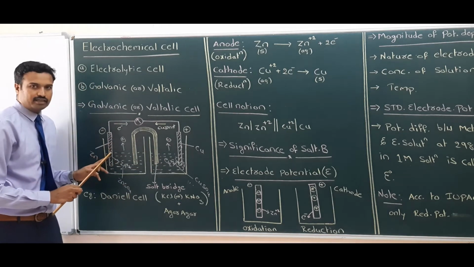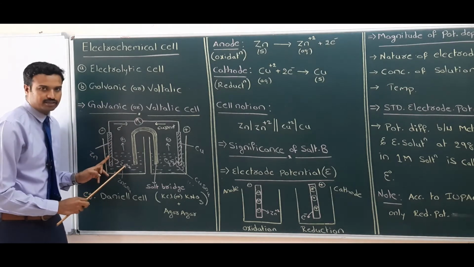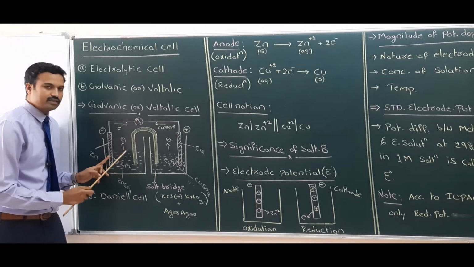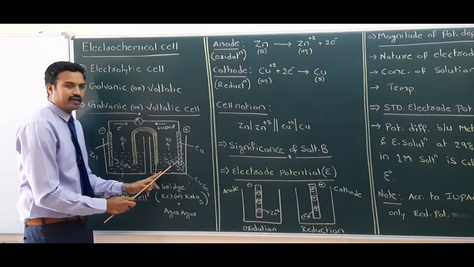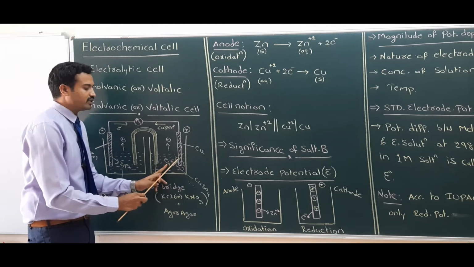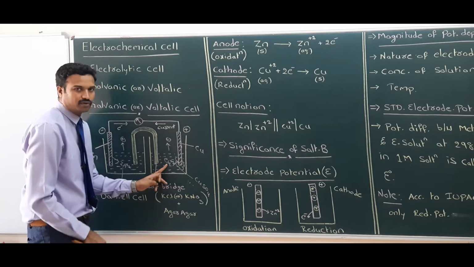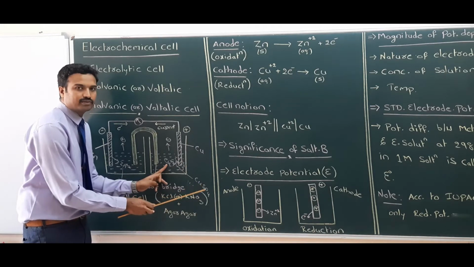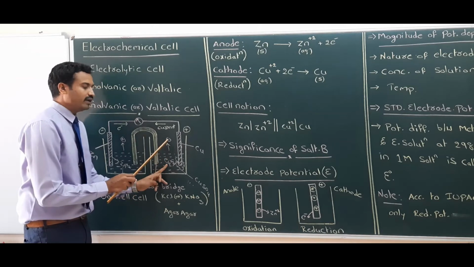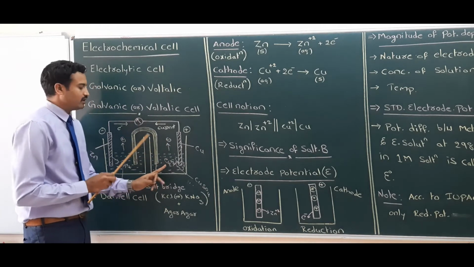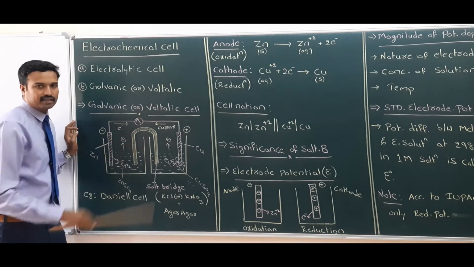Again, Zn is dissolving in zinc sulfate solution. Zn is converted into Zn+2. Positive charge ions are increasing in this solution, in this left hand side chamber. On this side, Cu+2 ions are deposited as Cu. Cu+2 ions deposited means the solution CuSO4, which contains equal numbers of Cu+2 and SO4-2, will have its SO4 content increase, so minus charge will increase. So here plus charge is increasing, here minus charge is increasing. If it continues, the cell reaction will stop.